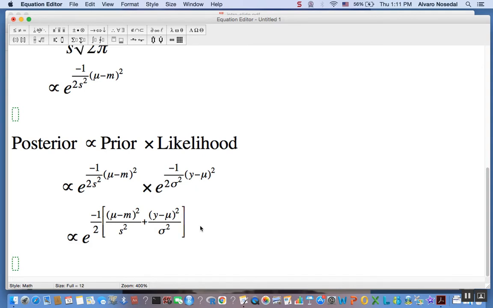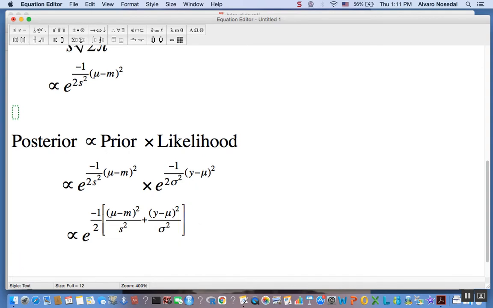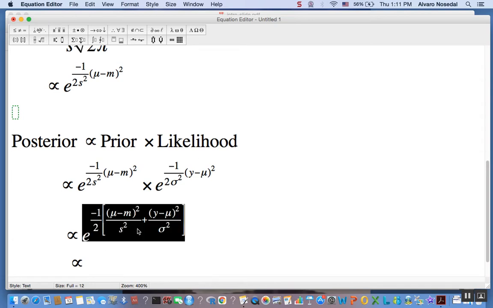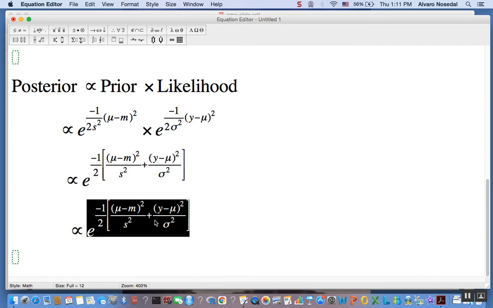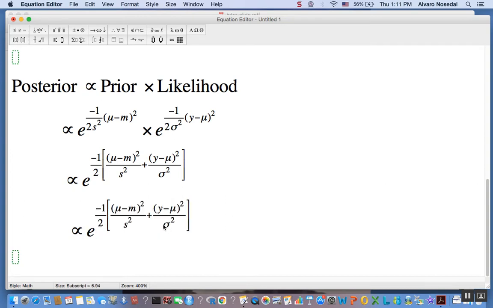Okay, so then if you recall, we did something like this in another video, right? But let me just quickly remind you what you would need to do next. You could find a common denominator here. That common denominator would be the product of these two guys, right? So we would have s times sigma squared,